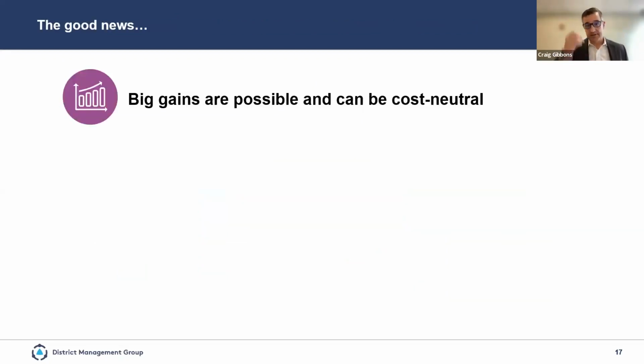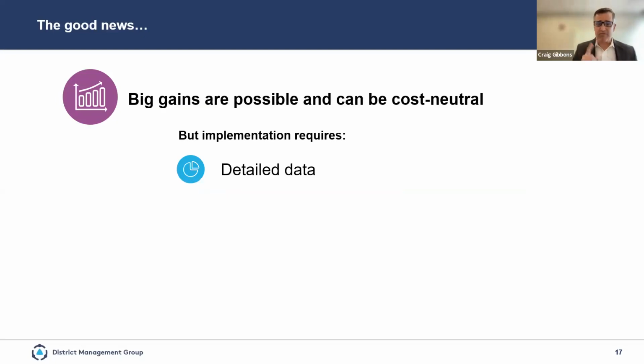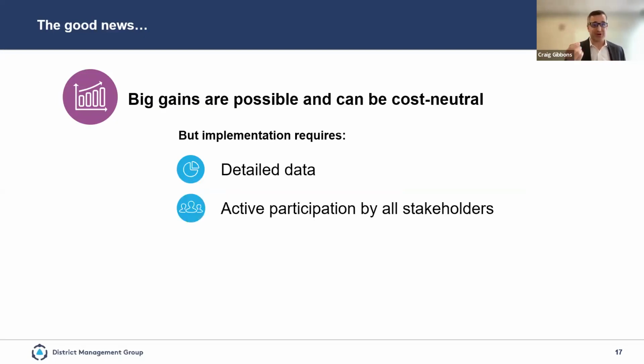So a couple of things. As we were talking about, you can have big gains, cost neutral. There's time and effort, but there are no additional resources that you need to spend to get some of these results. However, you do need to make sure you have data that can inform your decisions, and you can turn that pile of data into information. Make sure that the whole community that's responsible to influence change is participating hand in hand and collaborating strongly.